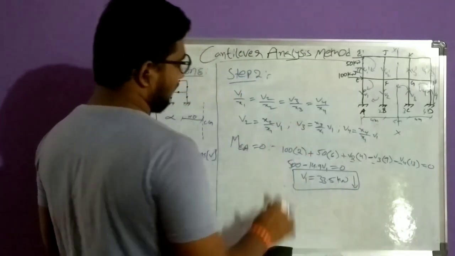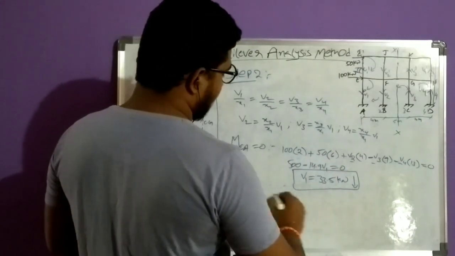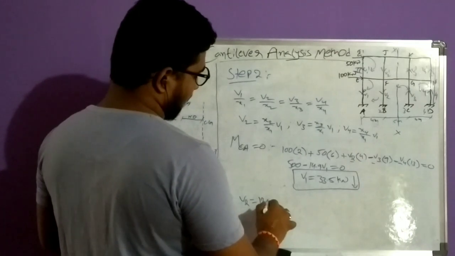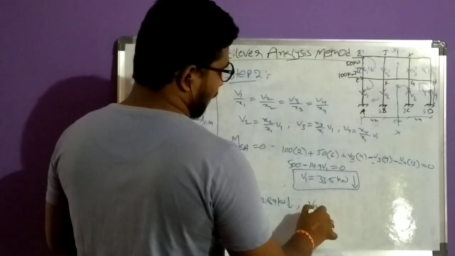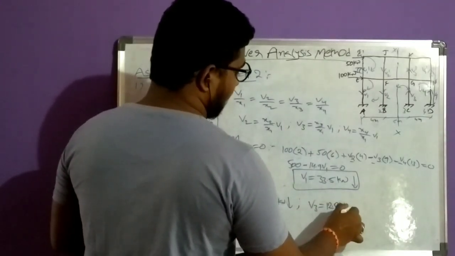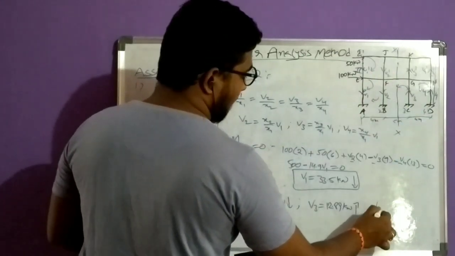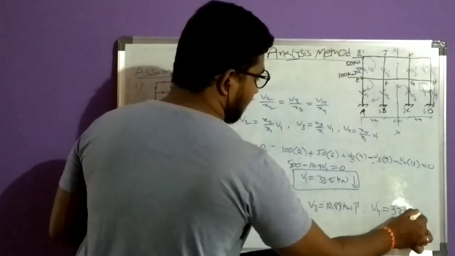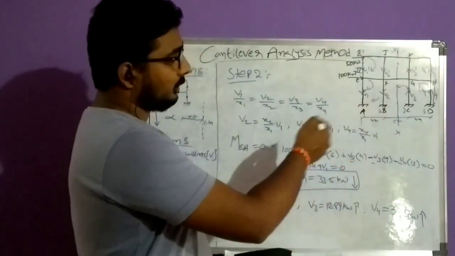This is the force. So from here, with V2, V3, V4 in terms of V1, we will write all those values. V2 equal to 12.89 kilonewtons downward. V3 equal to 12.89 kilonewtons upward. We know that on the right side of the centroidal axis we considered upward forces. V4 equal to 33.5 kilonewtons upward. So we got the axial force values V1, V2, V3, V4 in the bottom story.